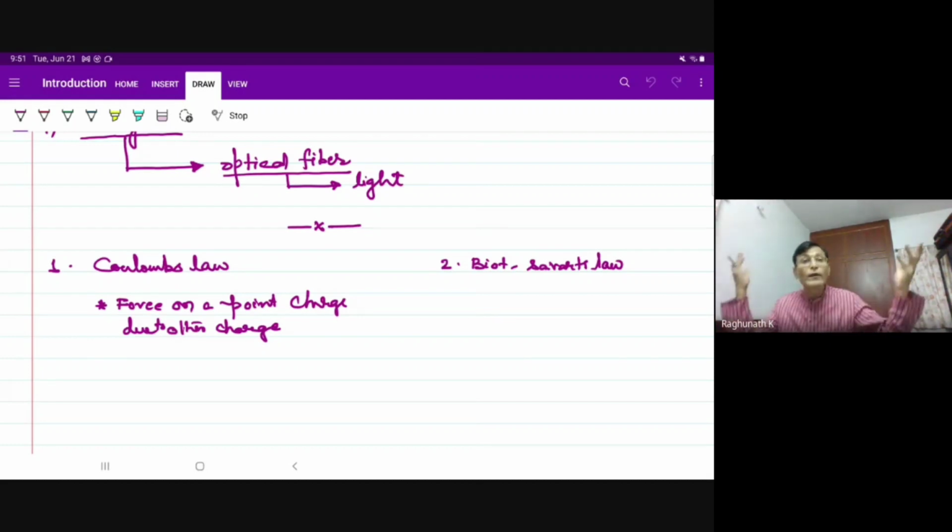Force on a point charge. I will not really worry much about what Coulomb's law is. But still, in Coulomb's law, I will take it as a mathematical input. I will not worry about whether that is correct or not. I will just consider that it is correct because somebody gave it. Definitely, Coulomb's law gives me the force on a point charge due to other charge. Then I will immediately define electric field intensity because of a point charge at a given point.